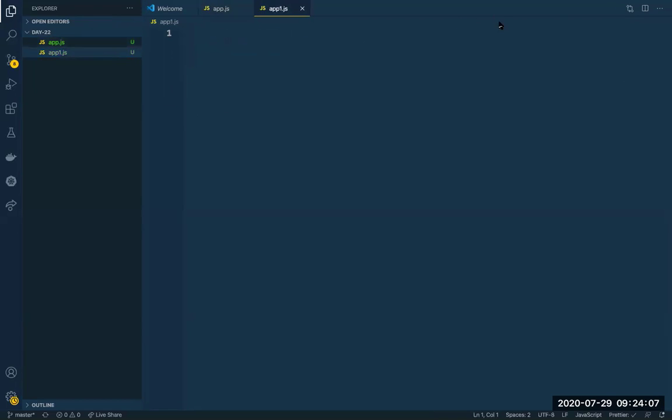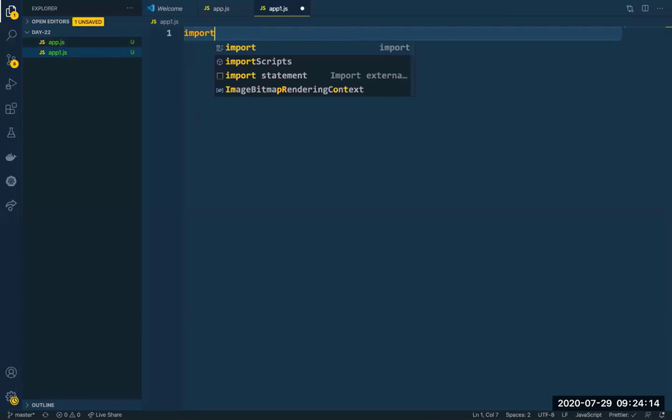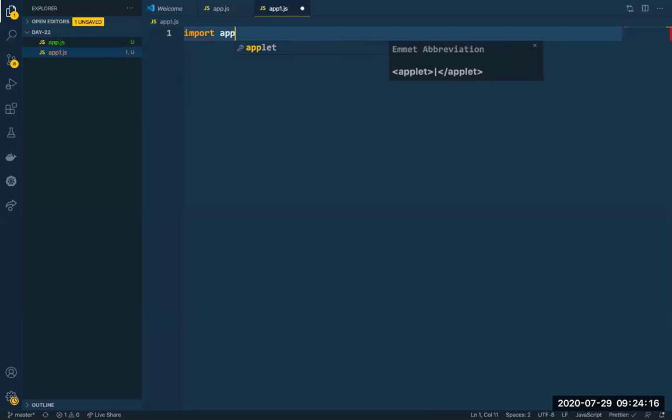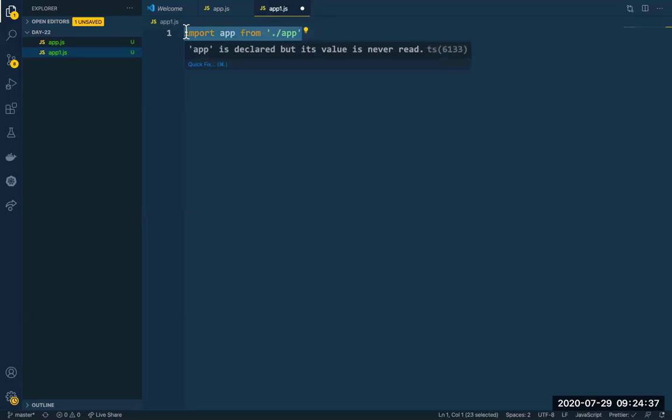To get from app.js to app1.js, normally what would we do in ES6? We would just say import, and then we can name whatever variable we want. And then we'll say from, and then we'll give our file. Yes or no? This is how we would do it in ES6, that is in React. Yeah. So instead of this, I am going to swap it in a different way, like this.